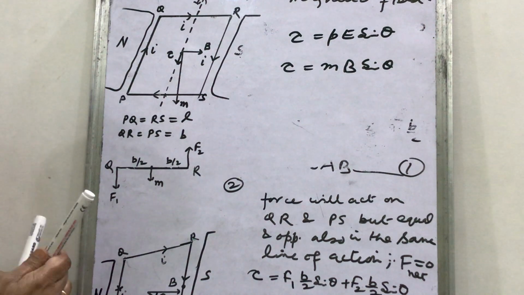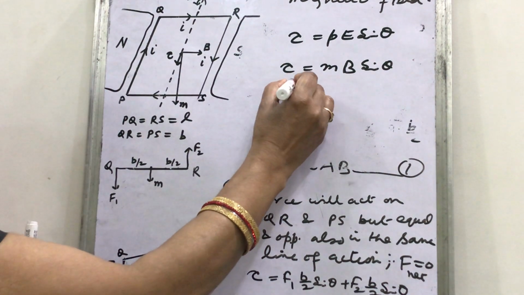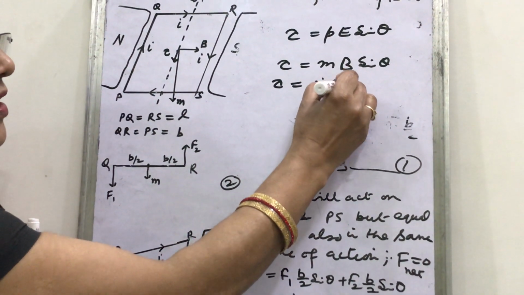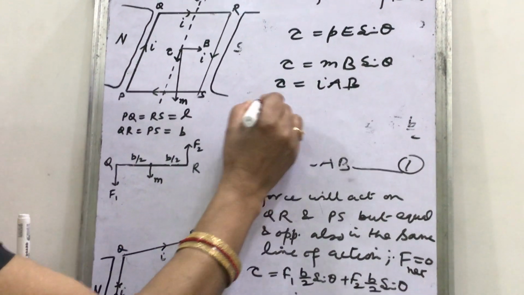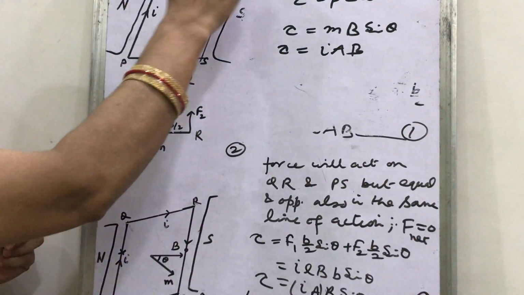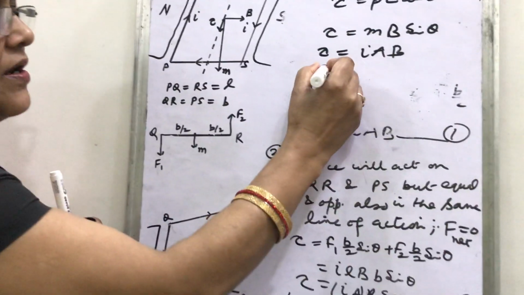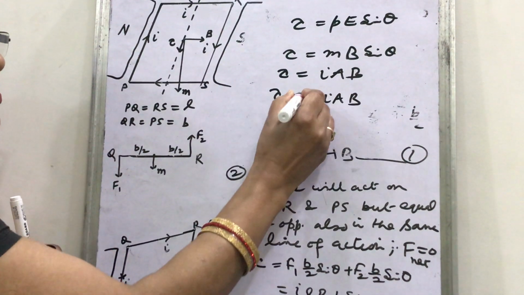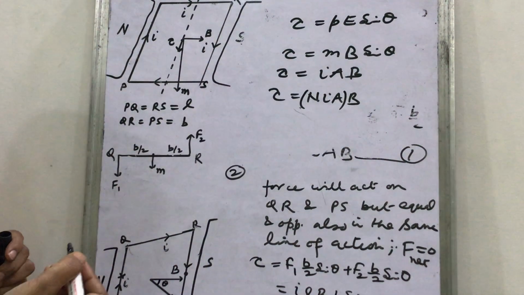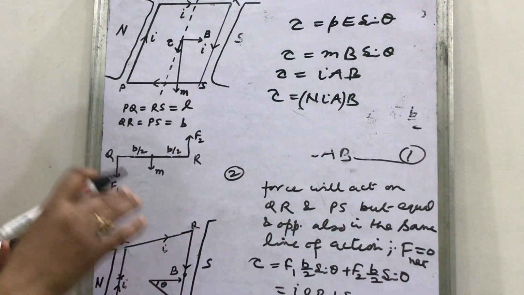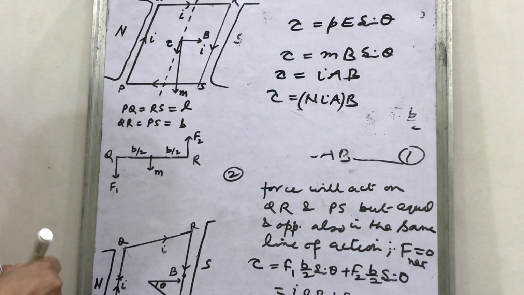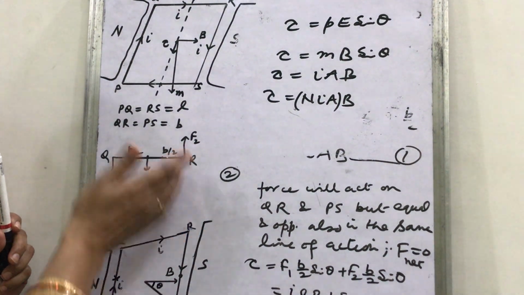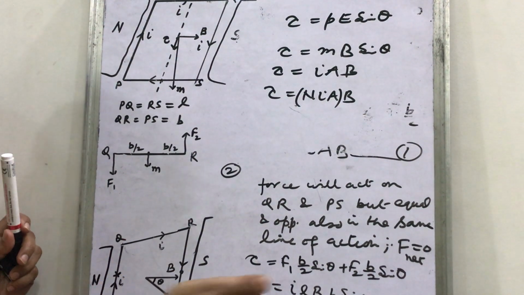What is the maximum value of torque? This torque will be written in the maximum value I, A, B, and if the loop has N number of turns, then you can write torque equal to N I A B. So this magnetic moment N I A or I A, this is a new quantity. How is its direction determined? Magnetic moment for the loop is the same as the area vector.